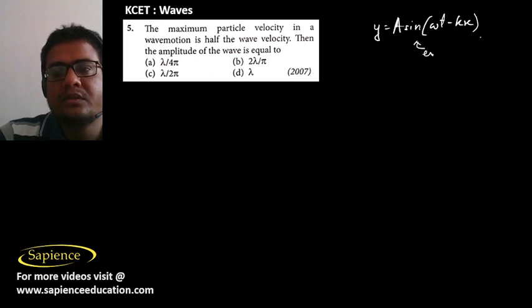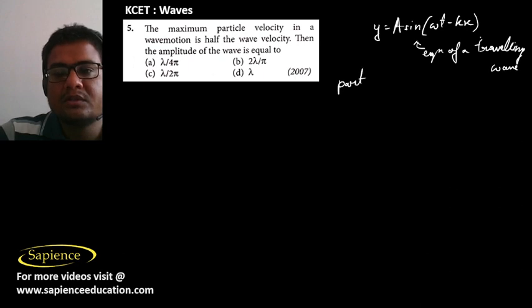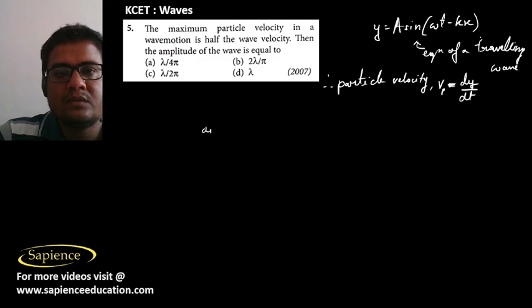So therefore the particle velocity in the wave, that is given as Vp, is equal to dy by dt, particle velocity, and the wave velocity,